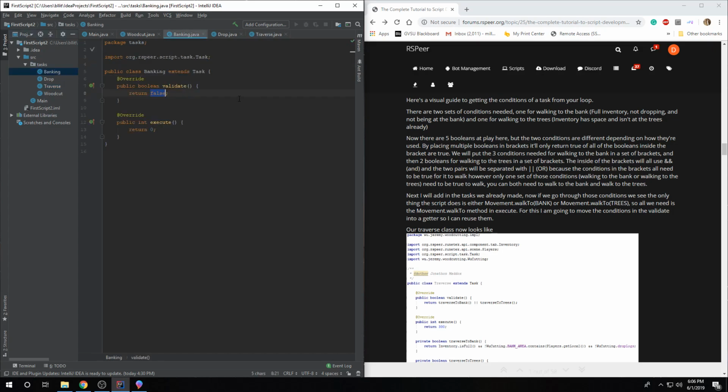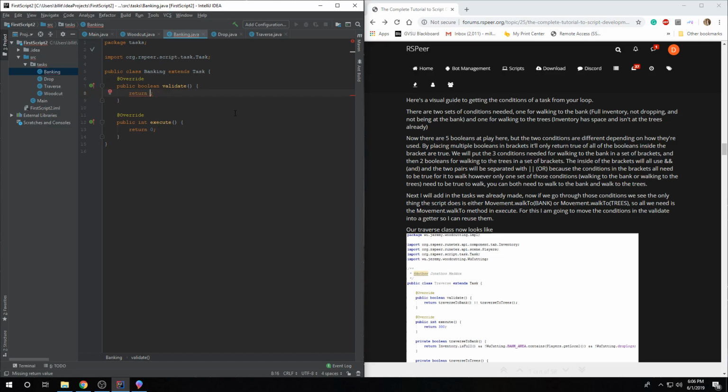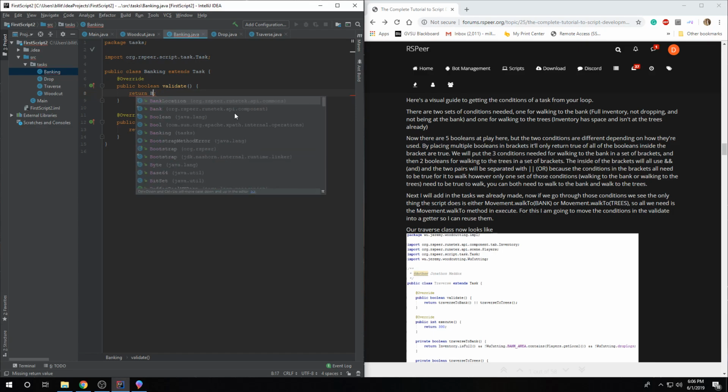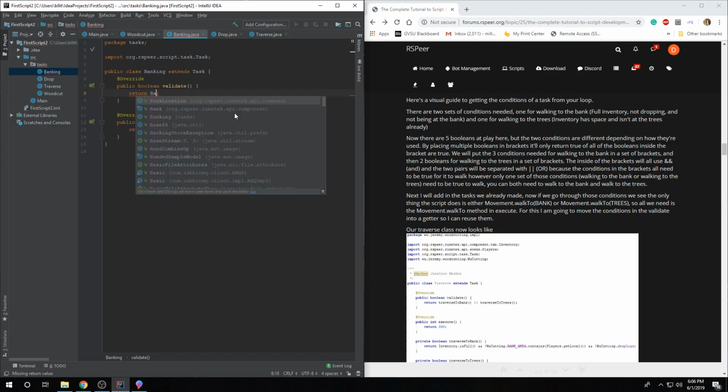Yeah, so banking. Anyway, right now it defaults to return false, so it's never going to execute. So let's just say return true. Actually, no, let's start coding. So if, this is a little shorthand way of doing an if statement, if bank dot, and this is how RSPeer works. Since everything's static, this is why it's personally my favorite bot client, because every class is static. So for example, if I want to do something like banking,